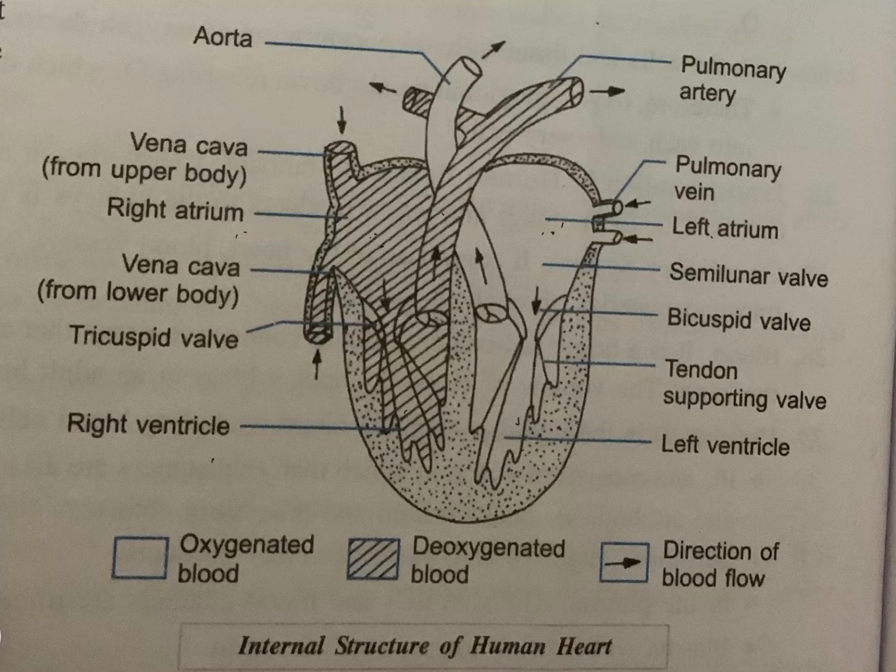At a time, oxygenated and deoxygenated blood are present in the heart without intermixing because of the four chambers of the heart. फोर चैम्बर होने की वजह से at a time oxygenated deoxygenated both kind of blood present in heart but without any mixing. Four chambers, and the four chambers are also connected to each other.